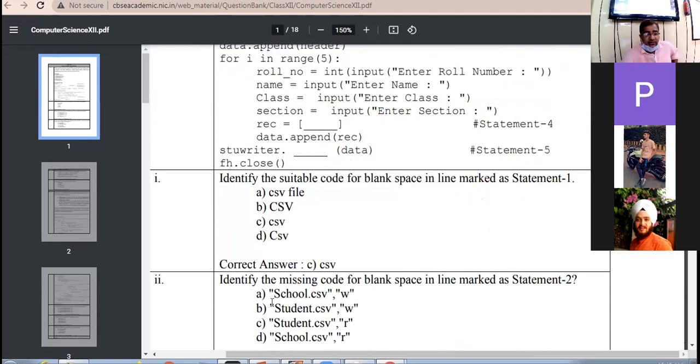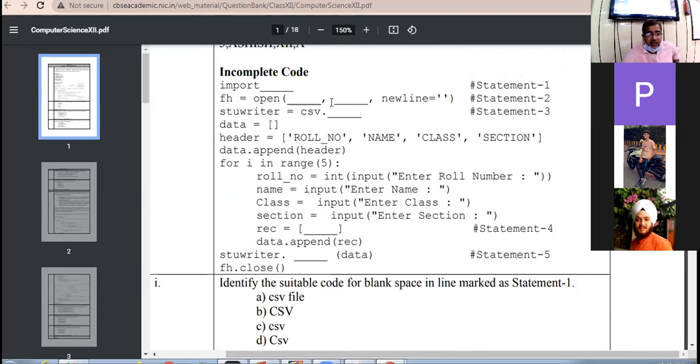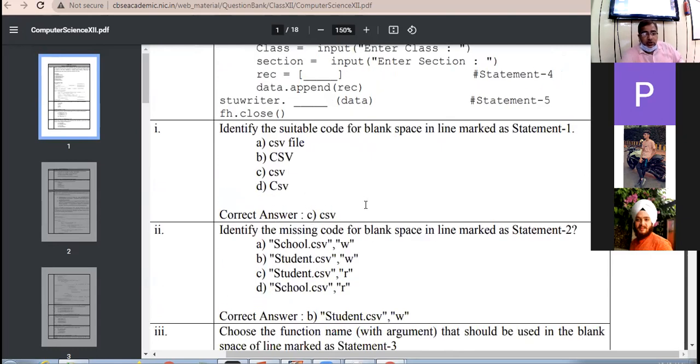That means we will have B option as the suitable option. The first parameter is the file name. The second fill in the blank is mode. Since we are to write data in the file, we'll be taking W mode.